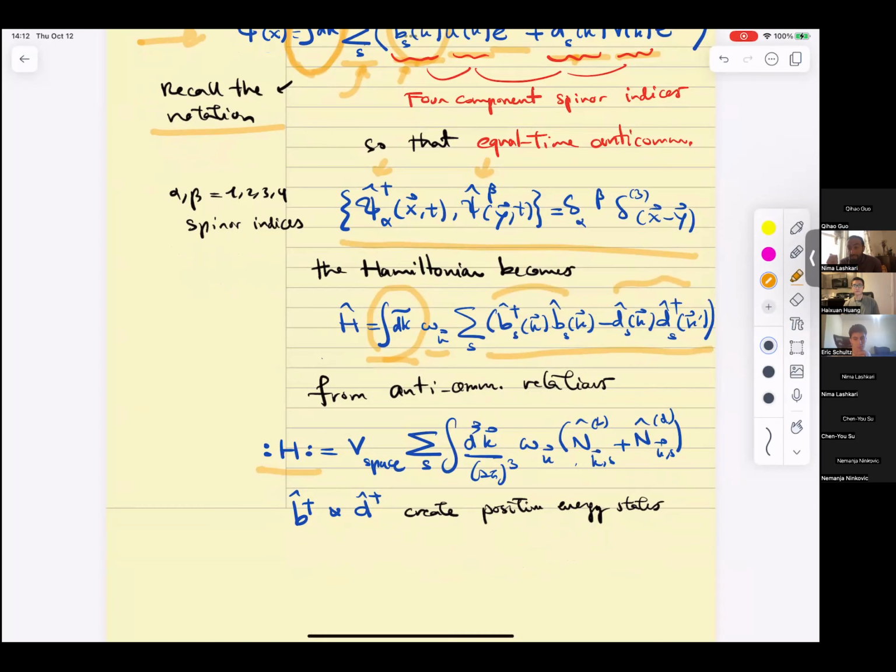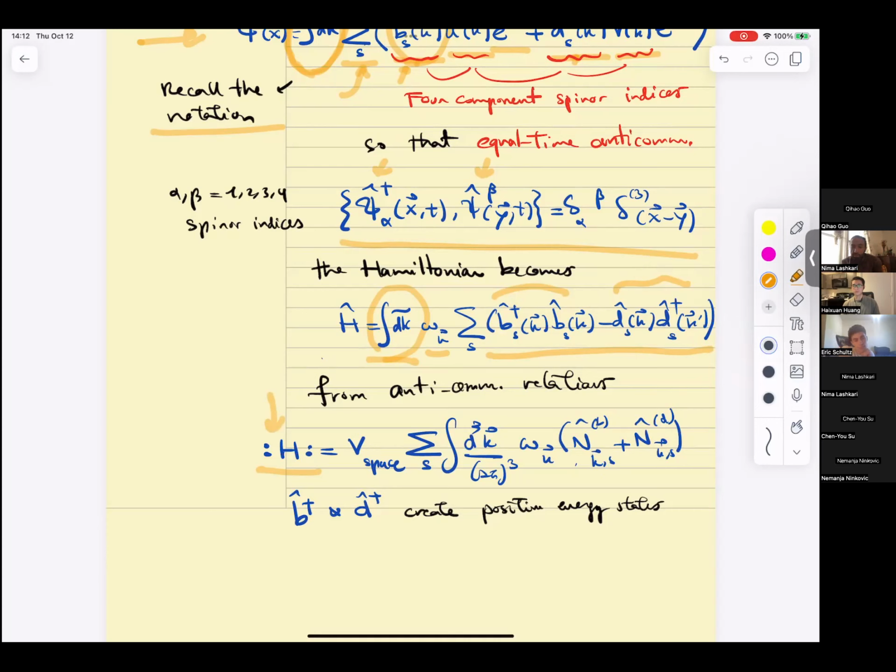For fermions, it's the same business. Remember, there was a shift by half that contributes to a vacuum energy. You're going to end up with an infinite vacuum energy, so there will be IR and UV issues. We're going to discard all of that, and the way we discard it is by introducing